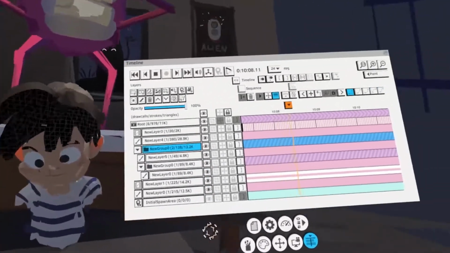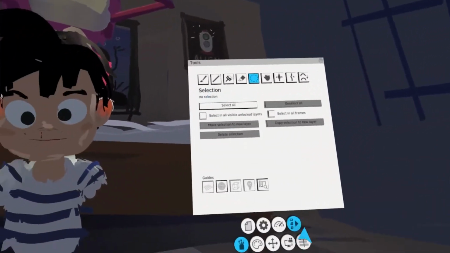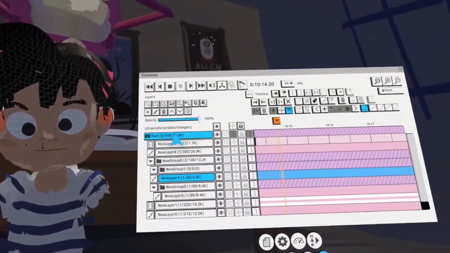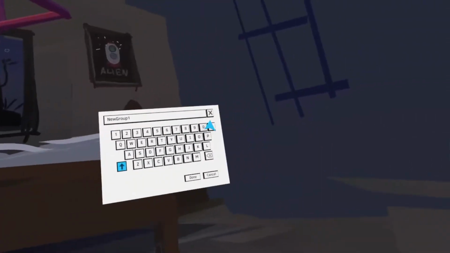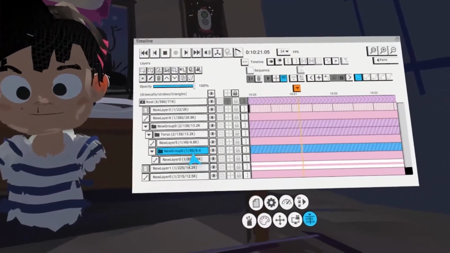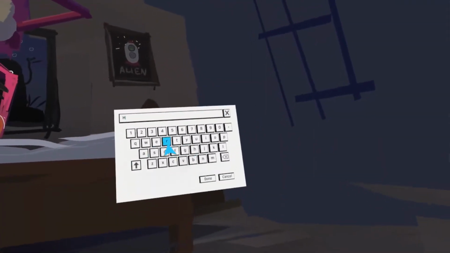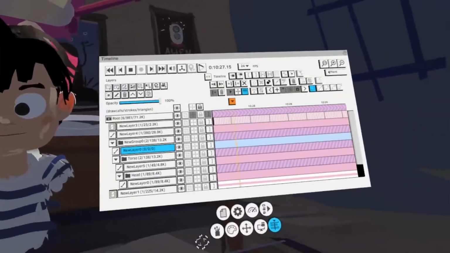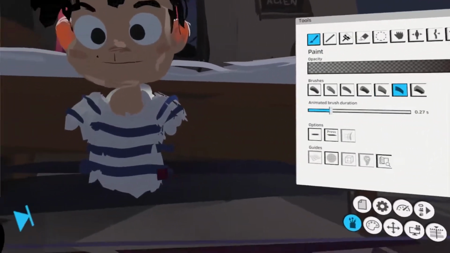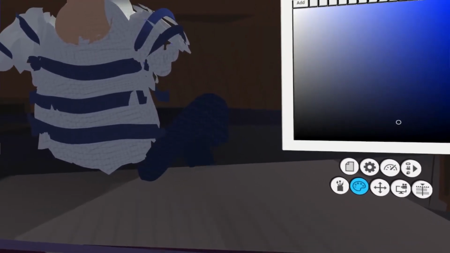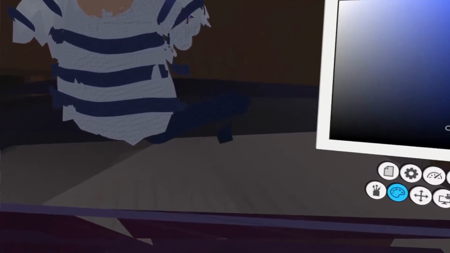Now I go back to this boy, and I can actually create a new layer here. So this is going to be the torso. So the torso, let me type in torso. And this is going to be the head. And maybe I should save every now and then. Always a good idea. And the pants will be static. I'm thinking about animation, so the pants will be static. So maybe like he's sitting in like,